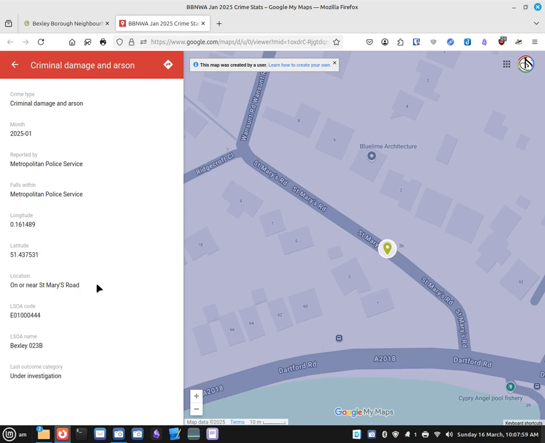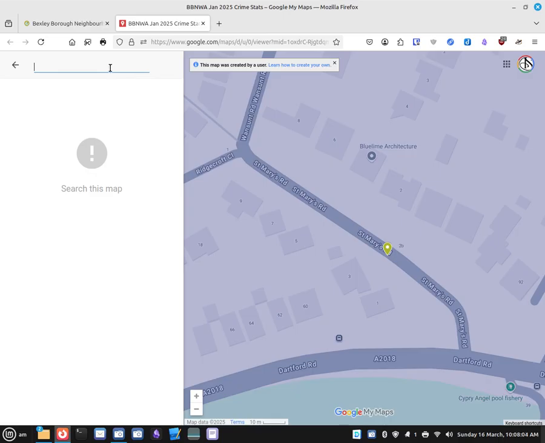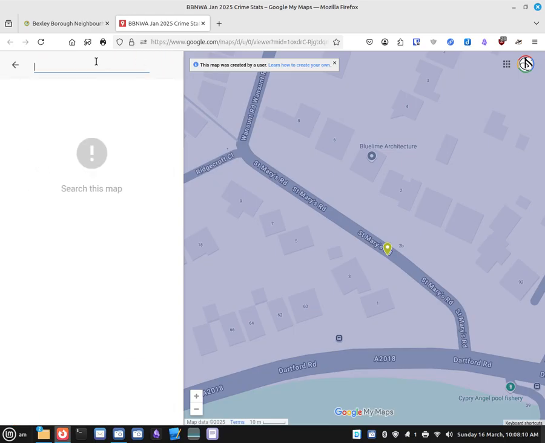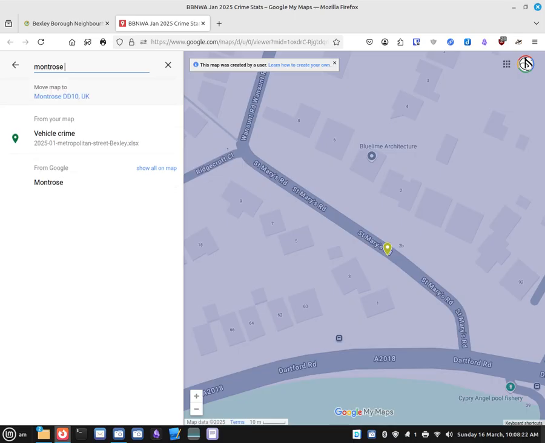Mary's Road. Again we go back, and if you want to look for a different street, you saw that I'm clicking on that magnifying glass icon, and there's two Montrose Avenue, so obviously if you type in Montrose Avenue, I did a search earlier, Montrose Avenue, there's one in Sidcup. If you click on the move map to Sidcup, and there is a pin already, but we'll click on that one,